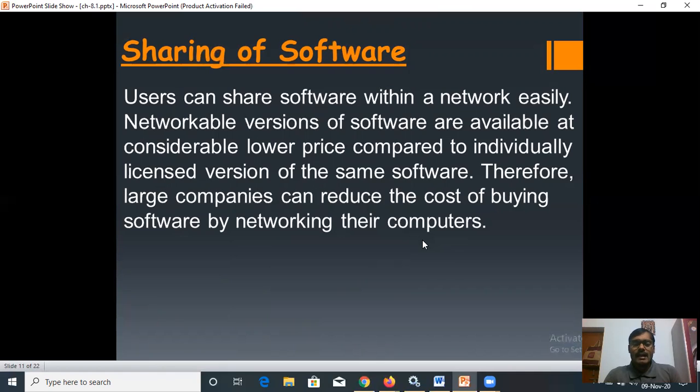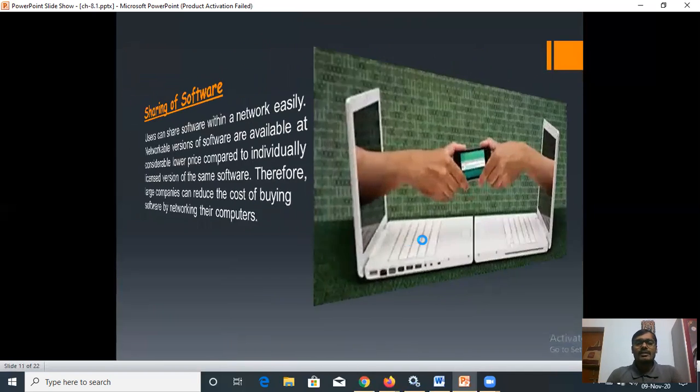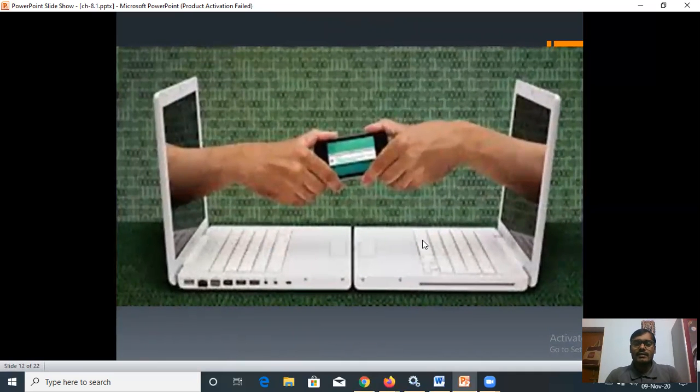Not only that, only a single software can be installed on the server computer and it can be shared to the client computers. No need to install the software on the client computer. Only one software can be installed on the server computer and that software can be distributed among different client computers, so that the client can work upon that software only. Understood? Now, coming to the figure, you can see these figures,